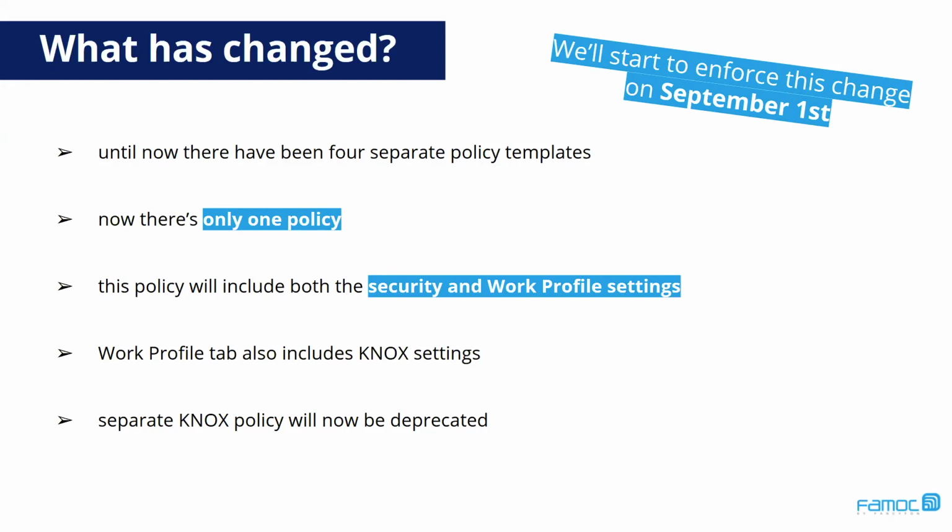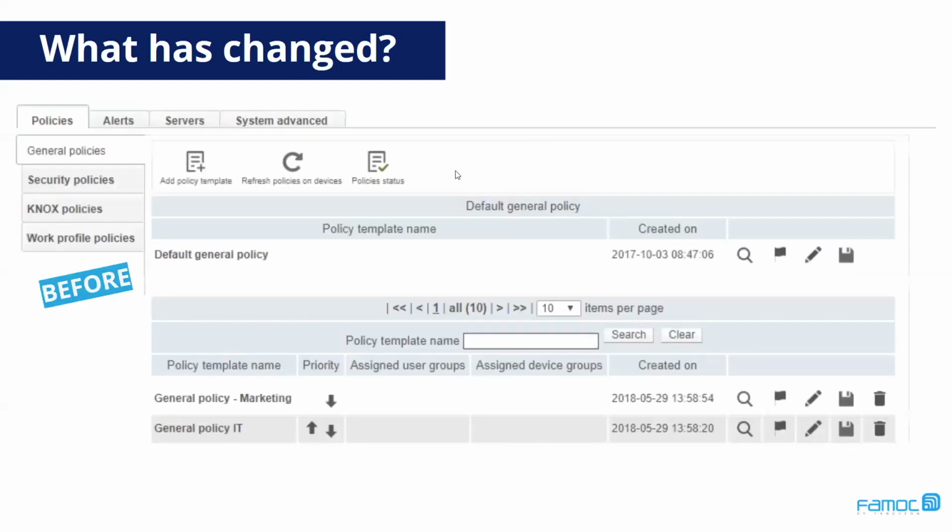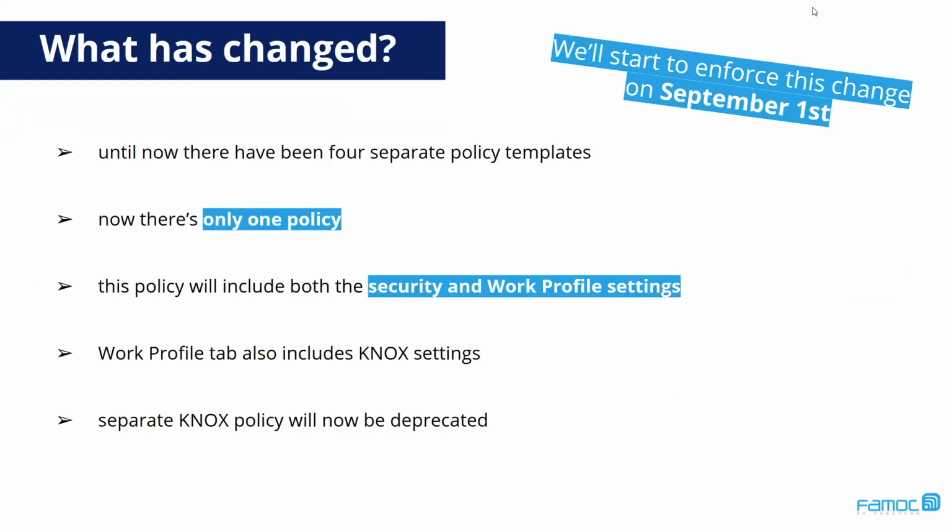NOx and Android Enterprise are becoming one solution that will have the same features. So this is why we decided to make everything in one place. The changes will be enforced on September 1st, so we still have some time to adjust. So I hope that everything will be clear after this presentation,